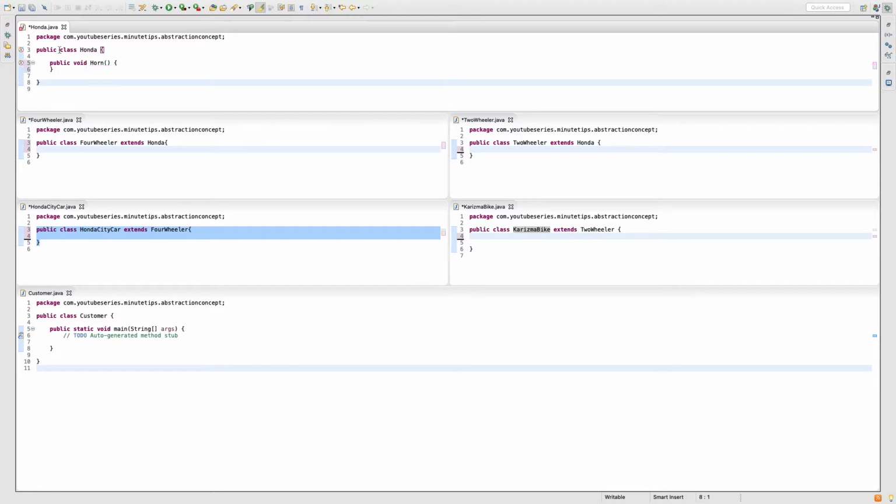Oops, public abstract void, like this. And I have to make this class abstract now.